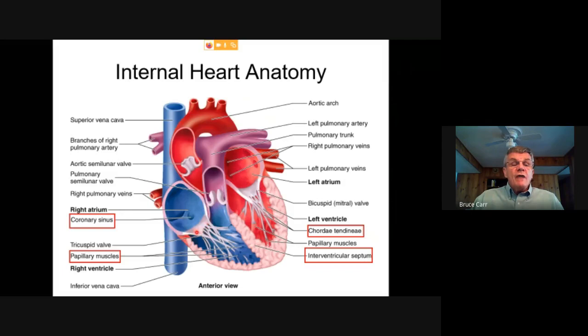These atrioventricular valves are much less robust than the semilunar valves, but they would basically, when you contract this right ventricle, just push those flaps together and push them straight through and allow blood to go back to the atrium. So we see these papillary muscles and these connections, the chordae tendineae, connective tissue connected to heart muscle on the inner wall. So it's sort of like little Mario plumbers with ropes. As these close, these muscles tighten and do not allow the atrioventricular valves to reverse under the great ventricular pumping